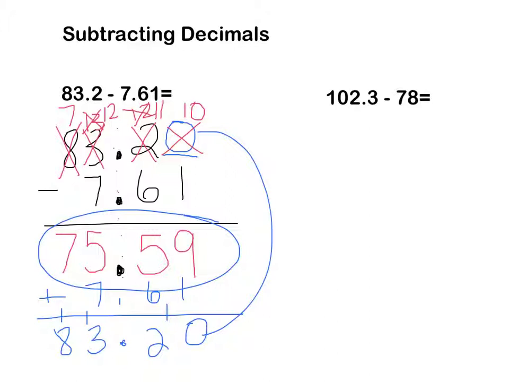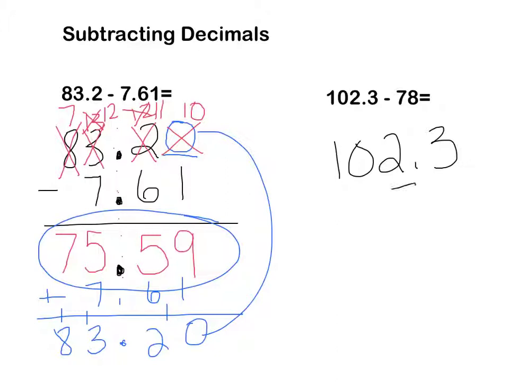All right, really quickly, if you haven't tried this second problem, pause and try to set it up on your own based on place value, and then come back and check here. Okay, let's assume that you paused, and if you didn't, you can just watch, but it sure helps if you try these things yourself. So I have 102 and 3/10, and then I have 78,